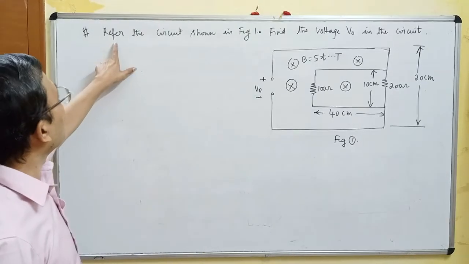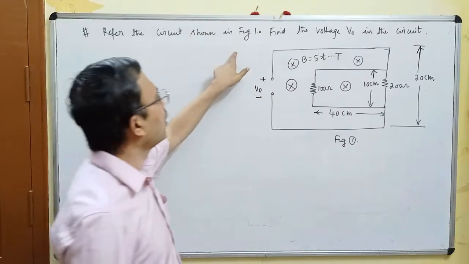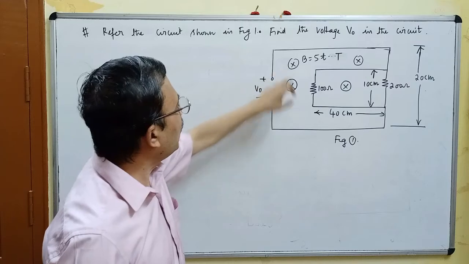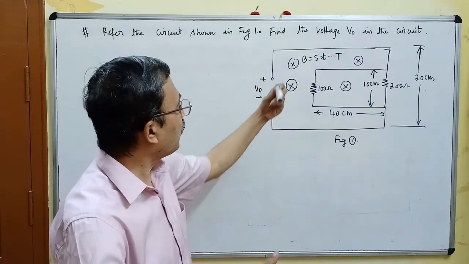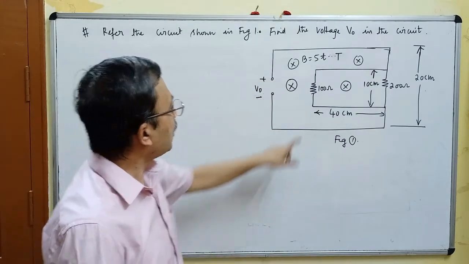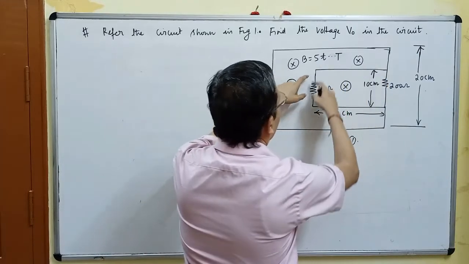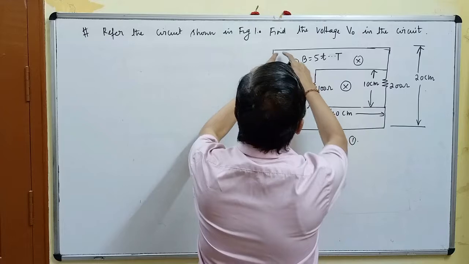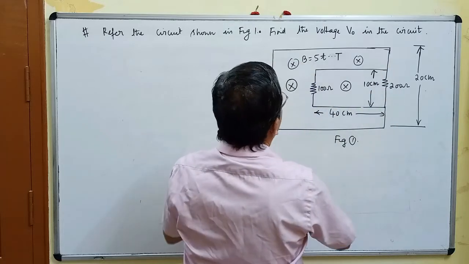Okay. The next problem. Refer the circuit shown in figure 1. Find the voltage V0 in the circuit. The magnetic field is into the board and is perpendicular to the board. The inner loop is the inner rectangular loop. It has dimension 40 centimeter by 10 centimeter. The outer loop has dimension